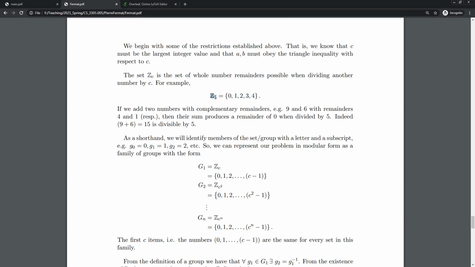So if we divide any integer by 5, then 5 divides it, in which case the remainder is 0. It nearly divides it, in which case the remainder is 1. It can miss by 2, it can miss by 3, it can miss by 4, but if it misses by 5, then it didn't miss at all because it was divisible by 5, right? So it cycles over and over again, so that as you count up on the integers, everything falls into one of these categories. It's divisible by 5,